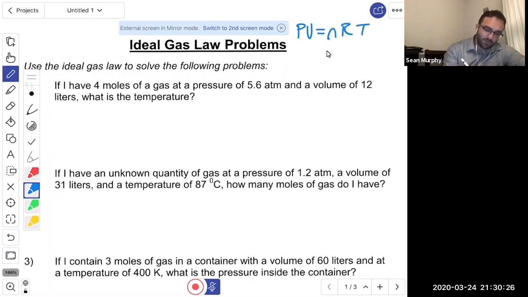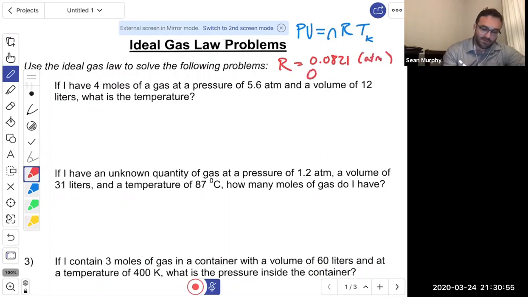I'm going to put a little Kelvin symbol next to the T just to help you remember. And then remember, R can either be 0.0821 if it's in atmospheres,